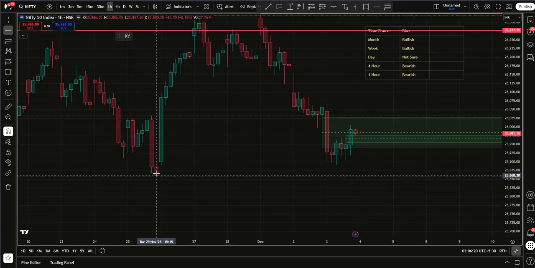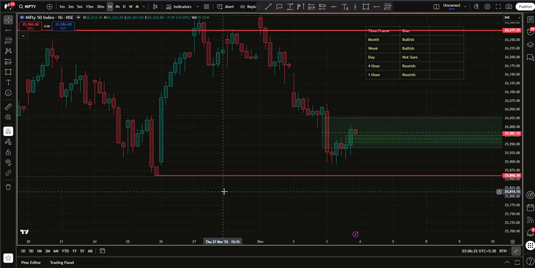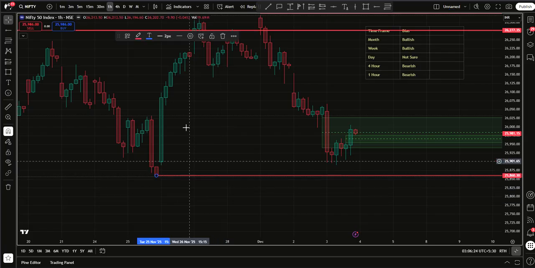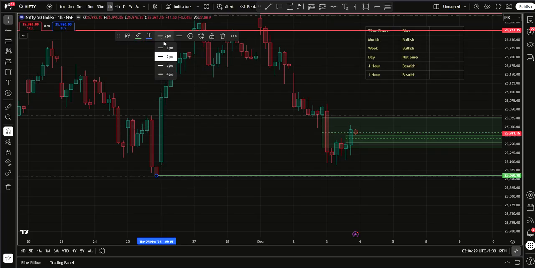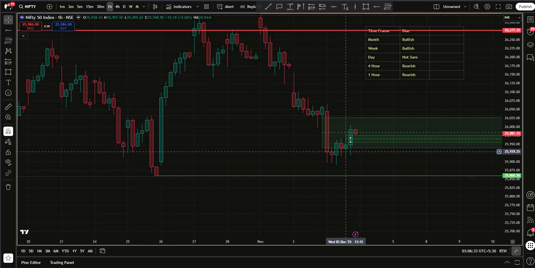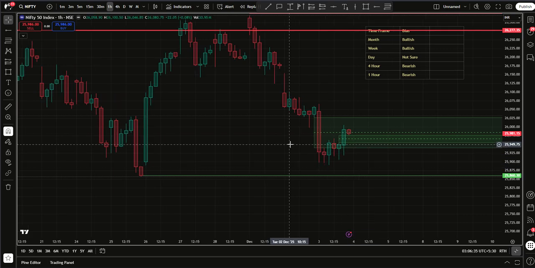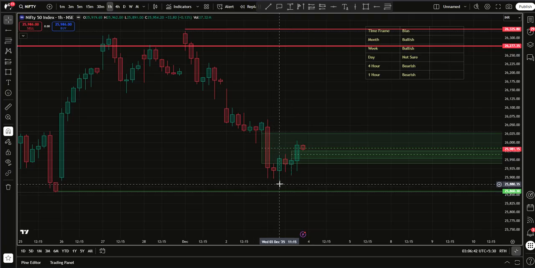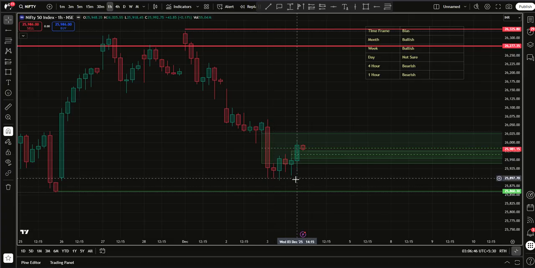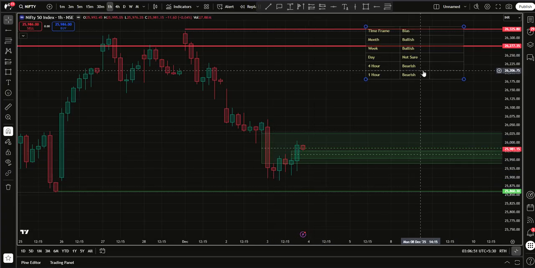Nifty ideally should have come to this target, which did not happen. Market in green and market in 1 pixel, and here it has formed a reversal pattern on an hourly time frame. And oh, this is interesting. This low, and look at this low and this low. So a higher low has been created and a reversal fair value gap pattern has been created. So that means